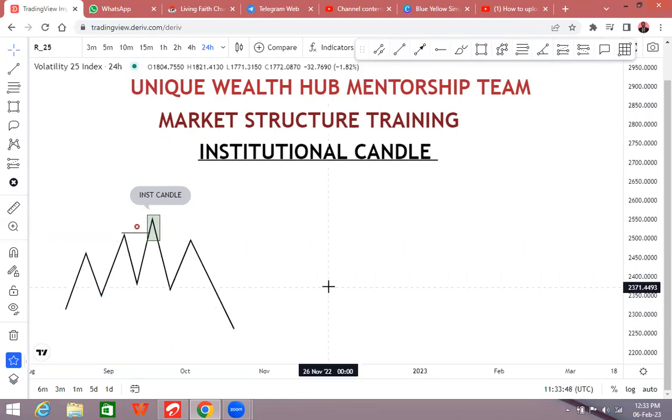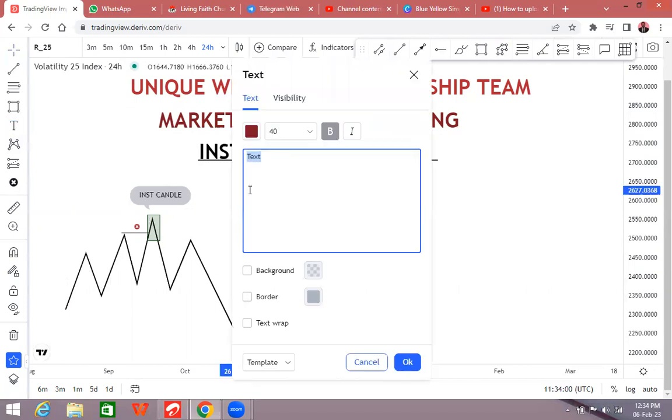We're going to go to the chart and see how we can spot out this institutional candle. So by way of definition, let me write this for us. By way of definition, an institutional candle